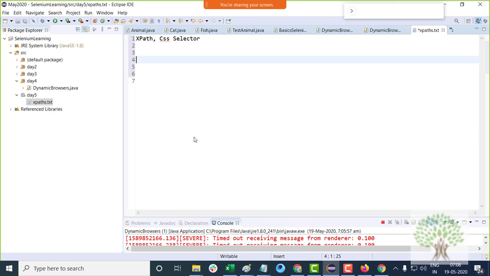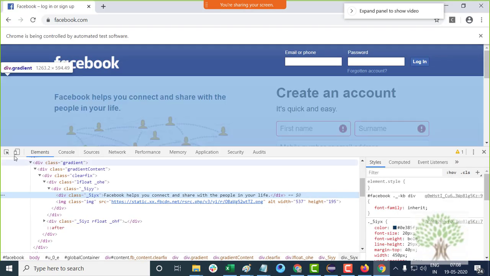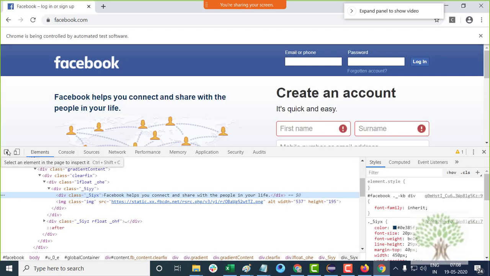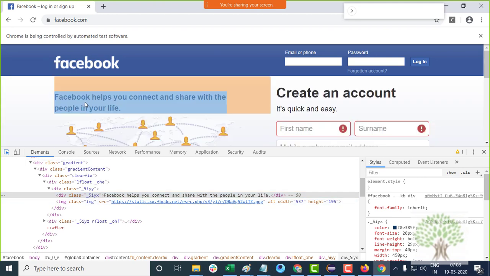And XPaths are of two types: complete XPaths and partial XPaths. Okay, complete XPaths I will talk about first. For example, this is the element. I want to build a complete XPath for this.